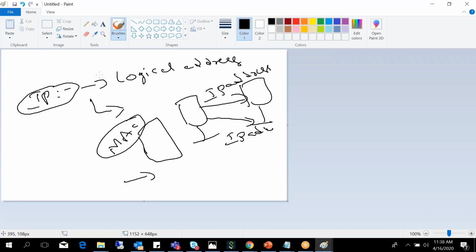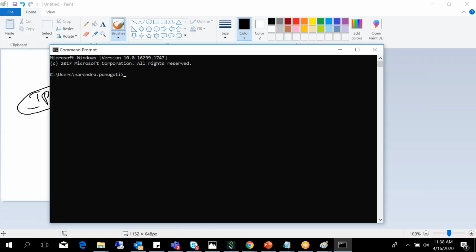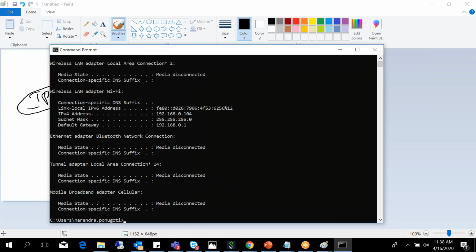Once you purchase a laptop, your MAC address is unique, but the IP address is different. When you connect now, this is my IP address. But after some time, if I disconnect the internet and connect back, my IP address will change. This is assigned by my internet service provider. When I try to connect to my ISP server, the ISP will assign this IP address to me. The ISP server has a DHCP server that will assign the IP.